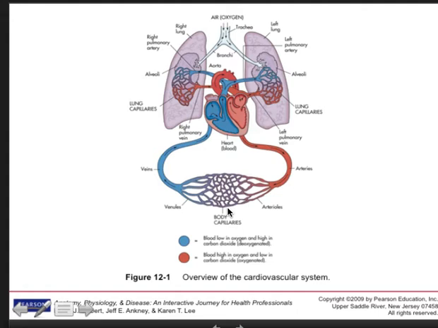These waste products are dumped into the blood across the cell membrane and through the capillary walls, and the blood then changes color from a bright red to a dark red, which appears blue inside the veins. And then this deoxygenated nutrient-poor blood will return through the action of the skeletal muscle pump, which is you moving around, in addition to the fact that you're breathing, which has a little draw on the blood that's in the